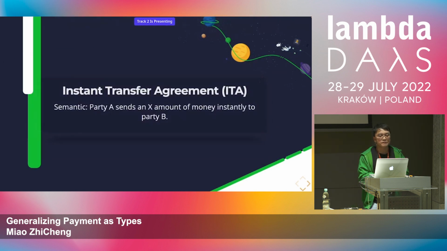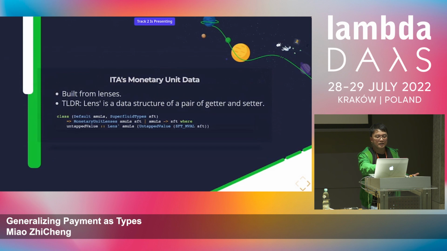Okay, let's first use this framework to define something called instant transferring, right? So this is basically what we do nowadays with payment. We want to express a semantic that party A is sending X amount of money instantly to party B, right? Okay, so how do we do that? Right? It's, well,